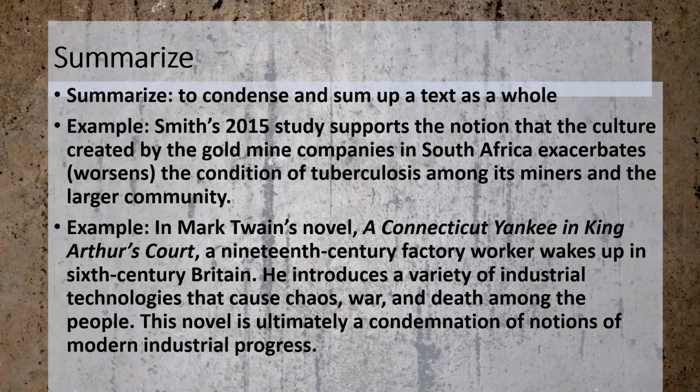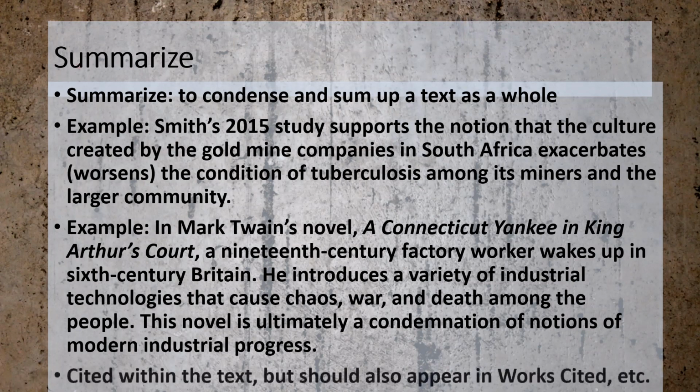And again, we know the author of the text. So if I'm reading this, presumably the rest of this paper is going to use quotes from the text. I know to go to the bibliography and find Twain. So again, cited within the text, but these should also appear in the works cited, right? And presumably you're going to continue to paraphrase and quote from each of these sources in your two different hypothetical papers, right?